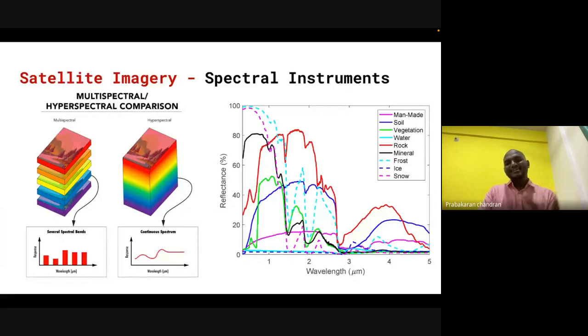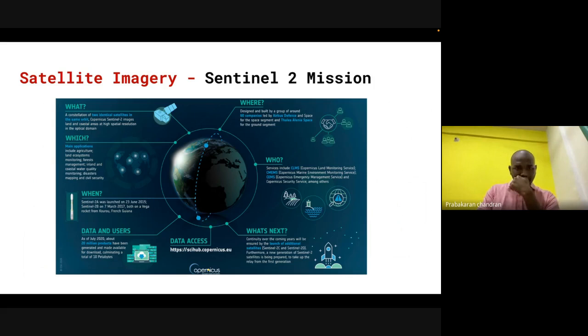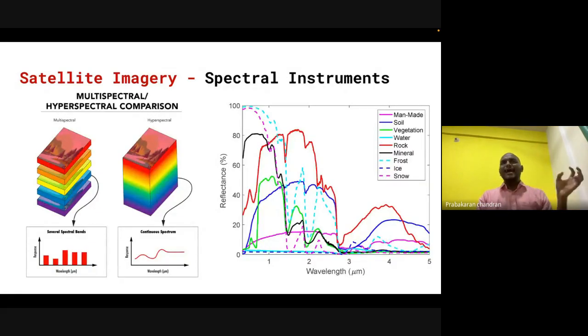And this is how the reflectance behavior would look. These reflectances are captured by the data, sorry, captured by this multispectral imagery, and then we are using it. Right. So we know that this is how the reflectance is being captured, but what is capturing all of it, or how are we actually capturing it, right? For that we have